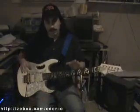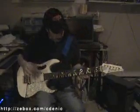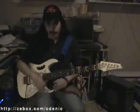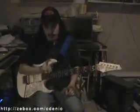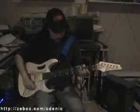Now, the amp is secondary to harmonics. As far as this goes, the first thing you want to focus on when you're going for harmonics, if you're having trouble getting them, is not the amp, it's not the distortion box, it's not the guitar, it's the technique. And that has got to be good before anything else. Because it doesn't matter if you're doing